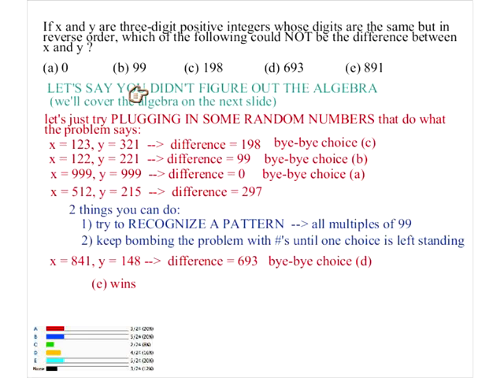So, question in the box, what about the algebra? Is it easier? It doesn't matter if it's easier. I'm going to go ahead and type this in the text box too. Because plugging is what you do if you can't figure out the algebra in the first place. So it doesn't make any difference if the algebra is easier, because if you don't know how to do it, then you don't know how to do it.